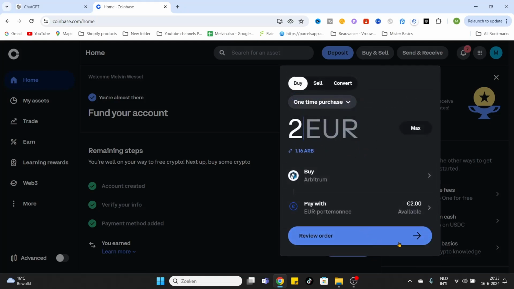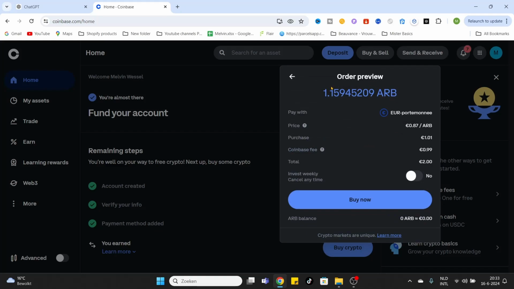So we head back to the menu and there you will see the review order button. If we click on that, then it will show us some information about the purchase which we are going to make. As you can see, I'm buying 1.15 coins and I'm paying €1.01 for the coins. The Coinbase fee is a little bit higher, that is 99 euro cents. In total, we are spending the €2 we have filled in the previous overview,